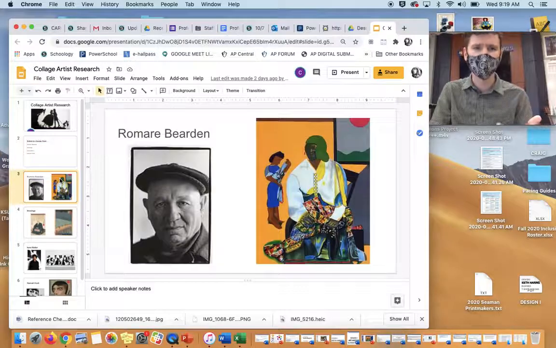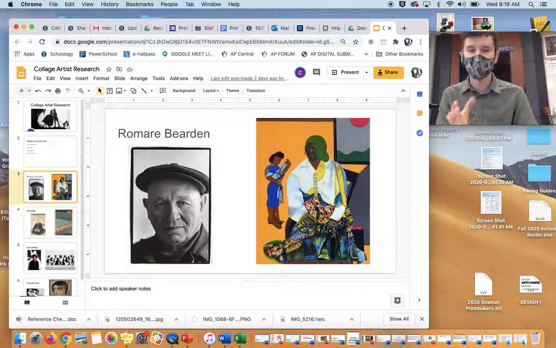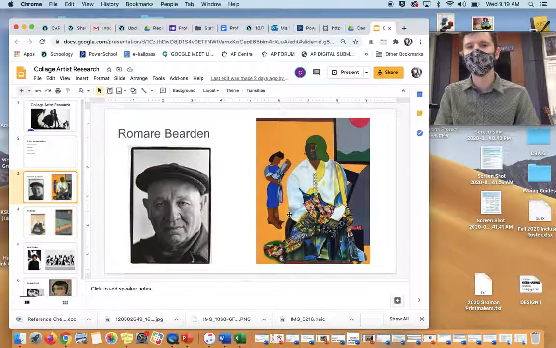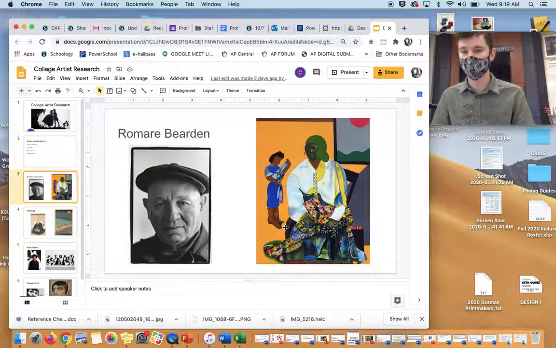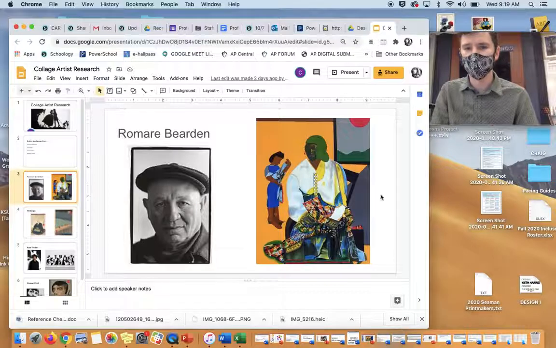First artist we're talking about here is Romare Bearden. He's an African-American artist, and I'm not going to give you a lot of information about these people. It's really up to you to do it. But he uses collage, and like in this example here, he's using collage, but he's also taking it further. There's many ways you can interpret his work to make it your own, but just an example of something you could do is use collage to make the basic